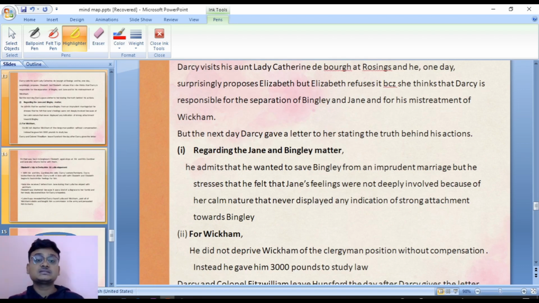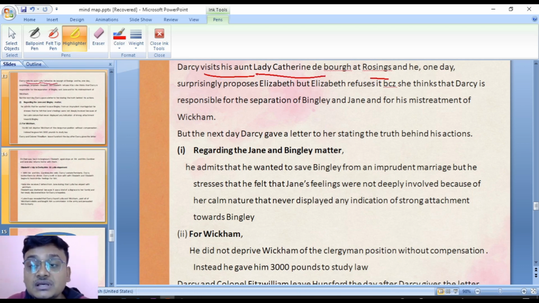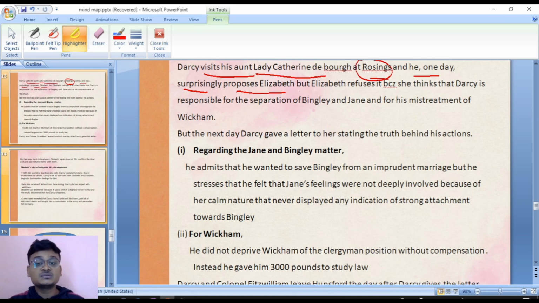When Darcy learns that Elizabeth has recently reached Hunsford, Kent, Darcy visits his aunt Lady Catherine de Bourgh at Rosings. Surprisingly, one day he proposes to Elizabeth, because Elizabeth had also received an invitation to Rosings. Elizabeth went there, Darcy also reached there, and suddenly after a few days,